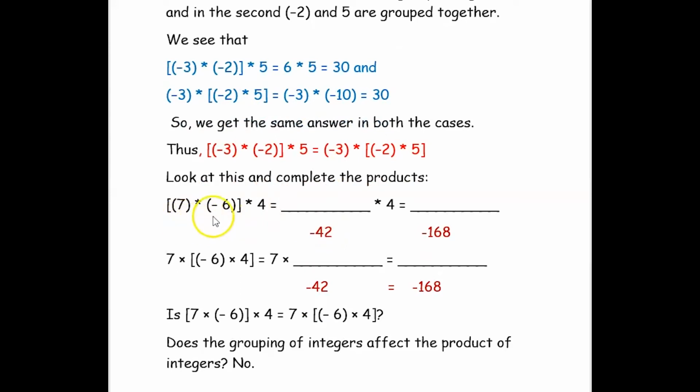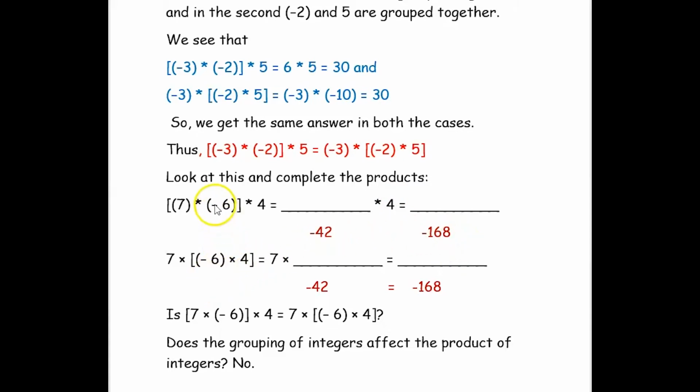-6 into 7 into 4. So how will we do it? First we will do the numbers inside the parenthesis, that is 7 into -6. Here a negative integer is multiplied an odd number of times, so we will get a negative result. 7 into 6 is 42, so -42 into 4. Here the negative integer appears only one time. So -42 into 4 is -168.